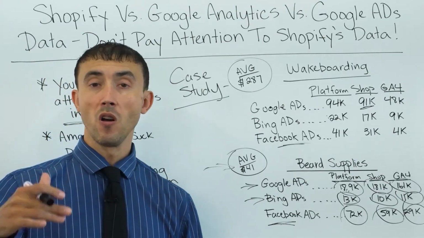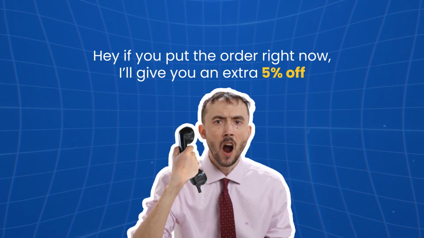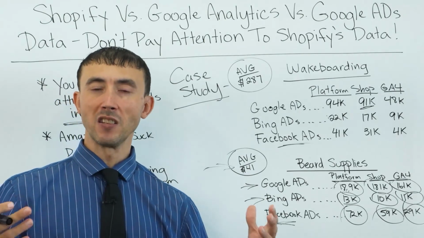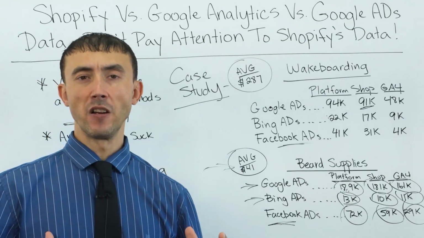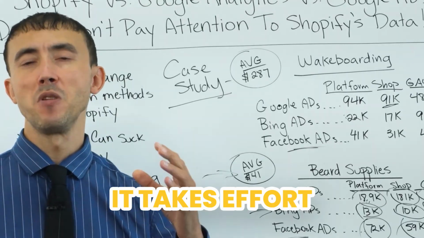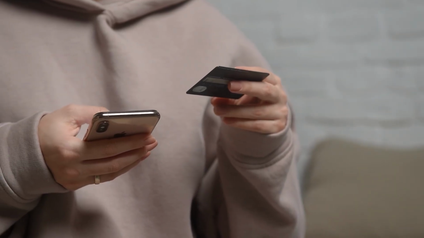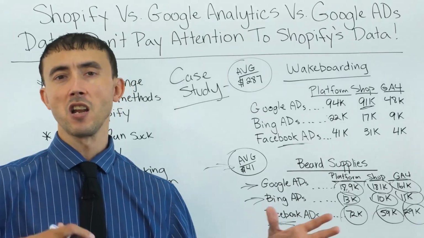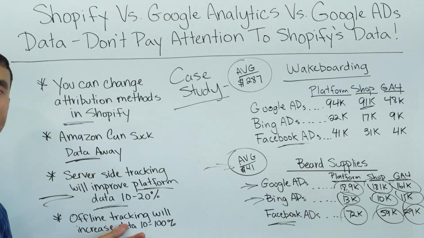You can say, hey, if you put the order through right now, I'll give you an extra 5% off, and that'll help out. Even though you can say the same thing with the cart and give them a discount code. Bottom line, you'll make more money on average every time locking down the order and putting it through over the phone for them, because it takes effort. You underestimate how much effort it takes to put your credit card information in, even if it's saved on your PC. Anytime you have to make the consumer work harder to order, you're going to end up with fewer orders, bottom line. So with that said, offline conversion tracking goes a long way.